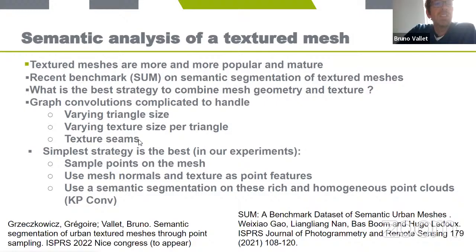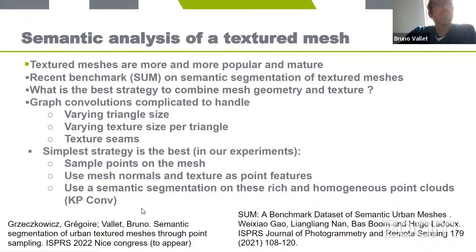And so, in fact, it appeared that the simplest strategy, and it was the best experimentally, was simply to sample points on the mesh to enrich these points with normals that come from the mesh and texture that comes from the texture. And then we used a reference algorithm, KPConv, in this study to semantize the point cloud. This is interesting because usually point cloud semantization algorithms are a little bit sensitive to point cloud density. And here, because we are able to sample points with a very homogeneous density, we've been able to achieve